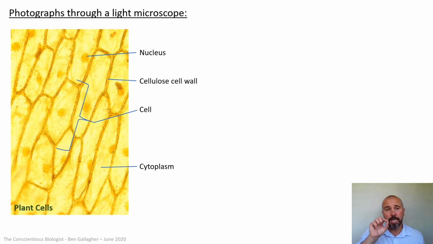That's that darker bit in between all the cells, and you can see it creates a sort of physical barrier between the cells, because you've got the cell wall of one cell and the cell wall of the cell next to it, making quite a wide bit of cellulose. Okay, let's pull up another picture. Oh, sorry, and the cell membrane. If you look really carefully, just inside the cellulose cell wall, you can see the dark line, very thin dark lines. That's the cell membrane, and you can identify that on a light microscope. And remember, we said that was 7 nanometers thick. So light microscopes can see really quite microscopic things if they're pretty obvious. Okay,